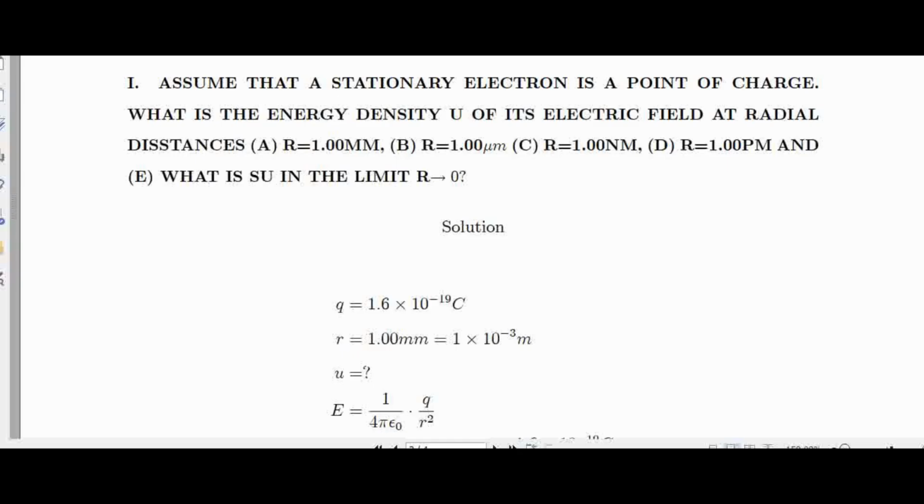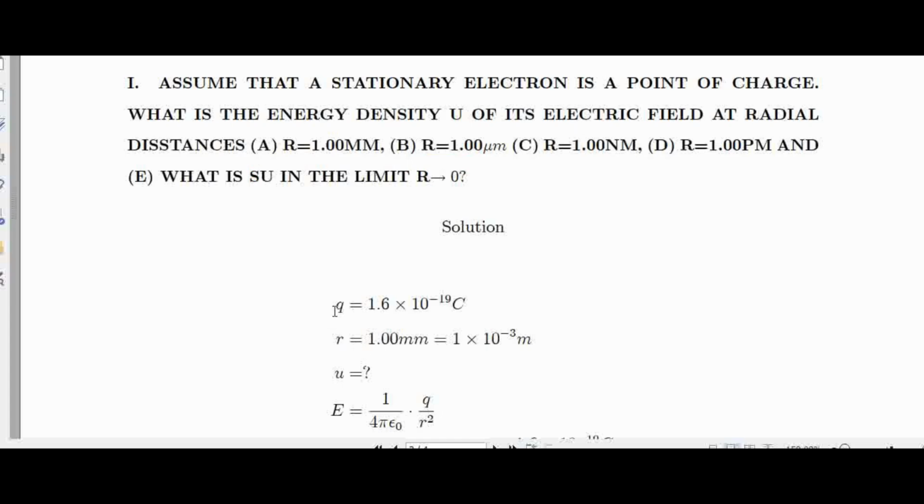what is the energy density, small u, in the limit R tends to 0. When R tends to 0, then what will be the energy density? So let's solve it. The given data is